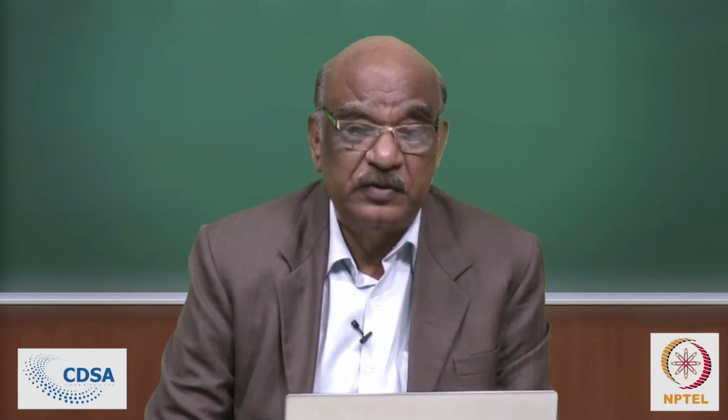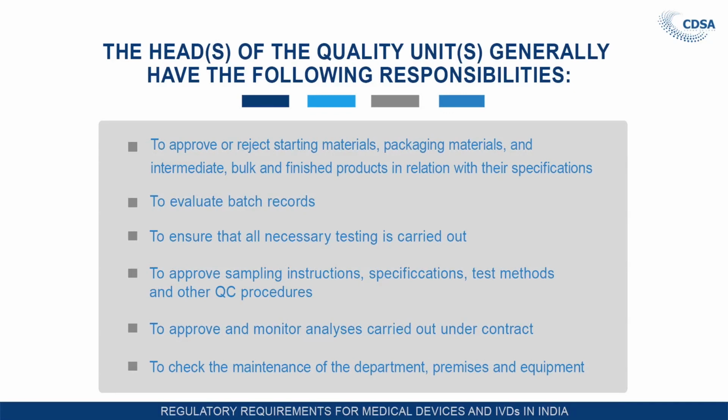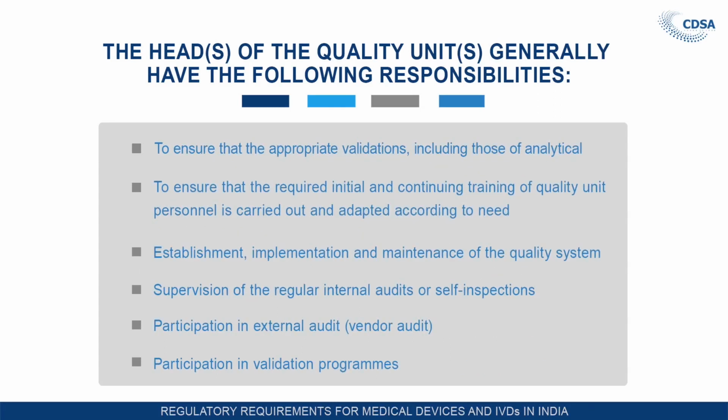The head of quality units, meaning quality control and quality assurance taken together, has the following responsibilities: to approve or reject starting material, packaging material, and intermediate, bulk and finished products in relation to their specifications; to evaluate production records; to ensure that all necessary testing is carried out; to approve sampling instructions, specifications, test methods, and quality control procedures; to approve and monitor analysis carried out under a contract; to check the maintenance of the department premises and equipment; to ensure that the appropriate validations, including those of analytical procedures and calibrations of control equipment, are carried out;